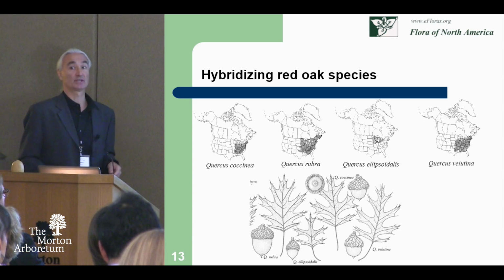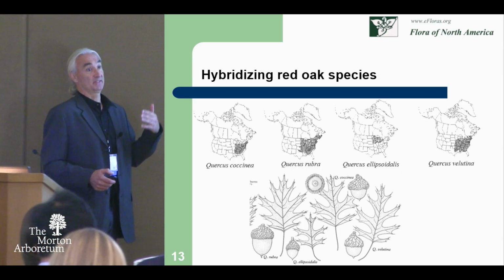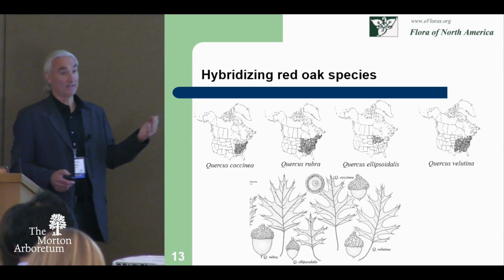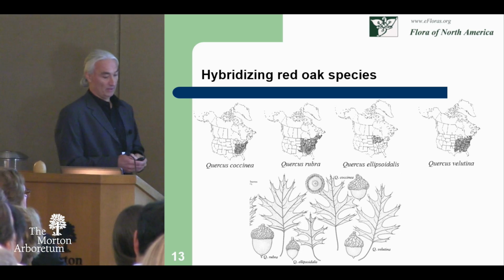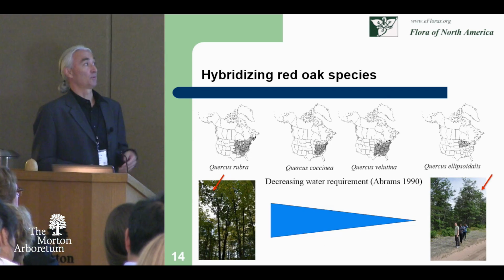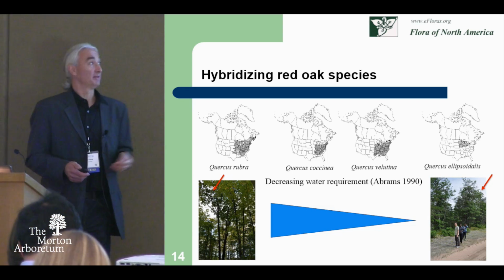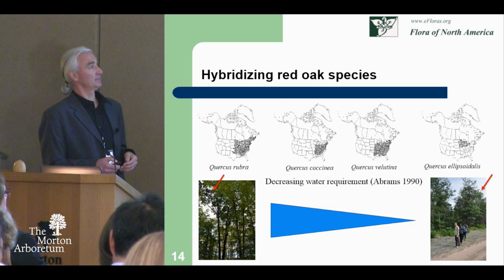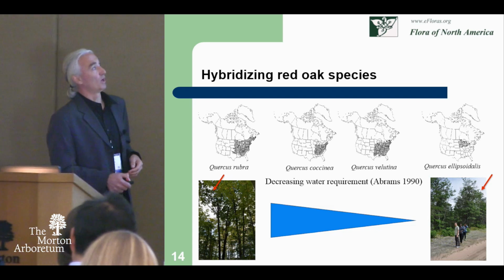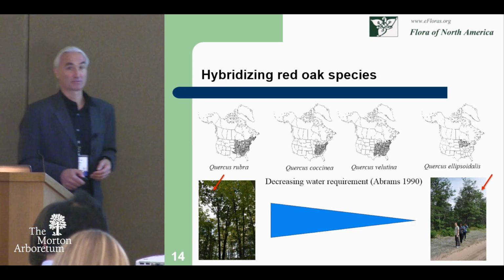They are morphologically distinct, but they show a relatively wide morphological variation. They also show differences in their requirement for soil moisture, and they are listed here by decreasing water requirements. So we collected samples from each of these